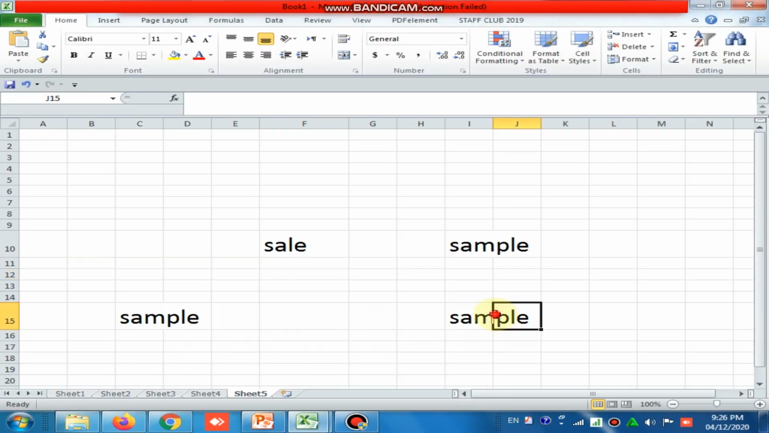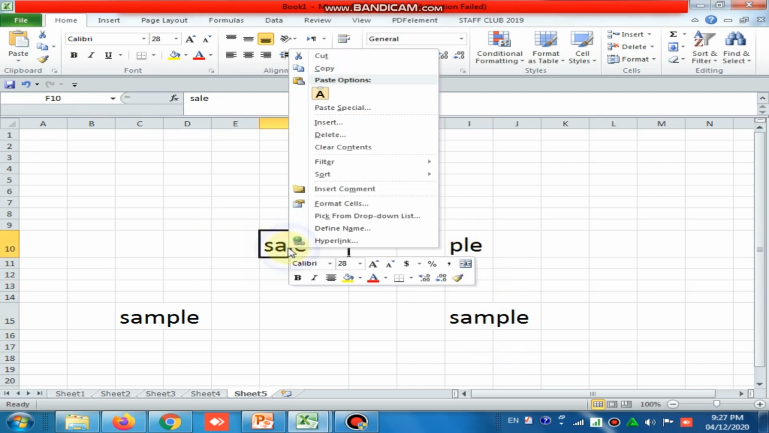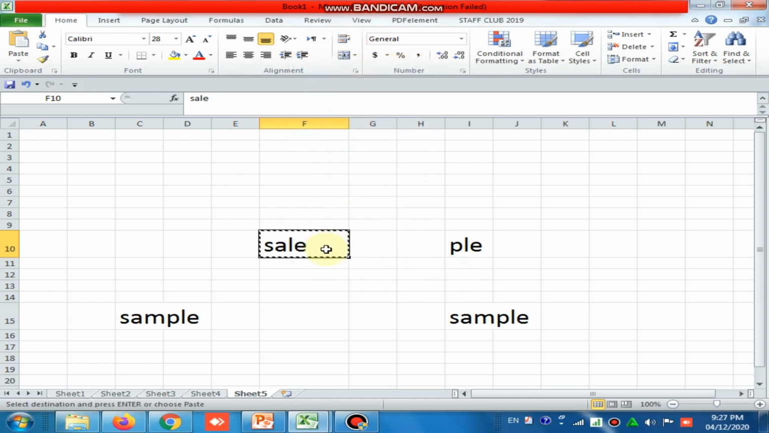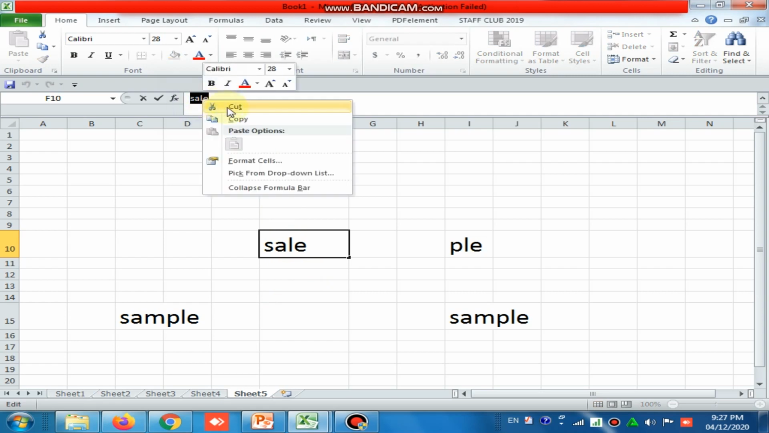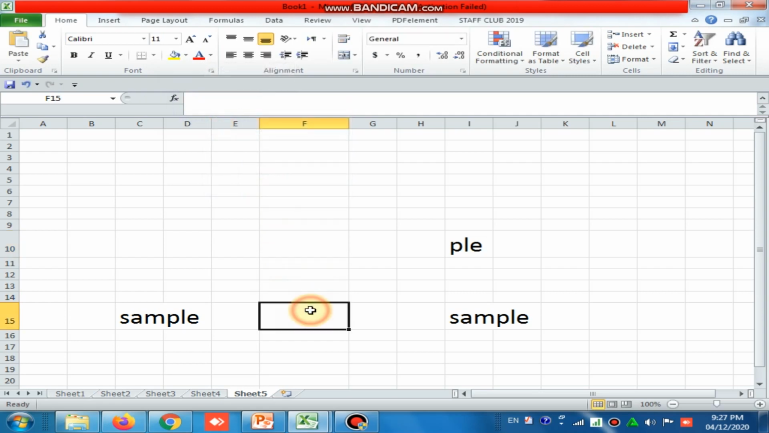Okay, so I want to cut only Sam. Just select here, and use the cut, or here also sample. So I want to cut, just go here, use the shortcut key, or just select here and use the cut. In this way you can use cut, copy, paste. Okay, coming to the next one,